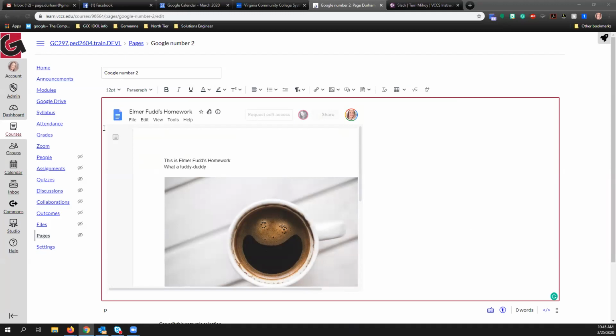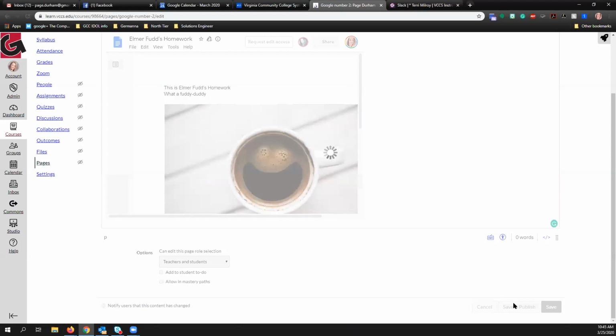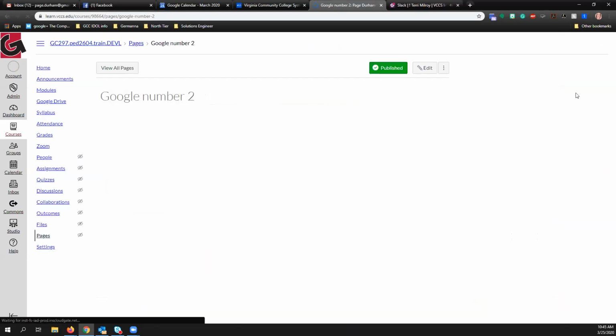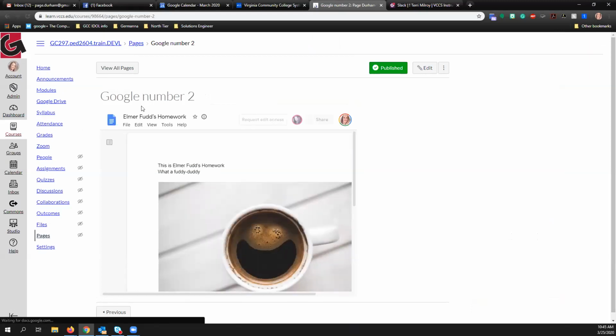Okay, so that is what it looks like with the new rich content editor. You can also add cloud assignments the same way. When you do that, the option in the rich content editor was the one underneath the one I chose, which I will show you in just a second. All right, perfect. So if I go back to modules,